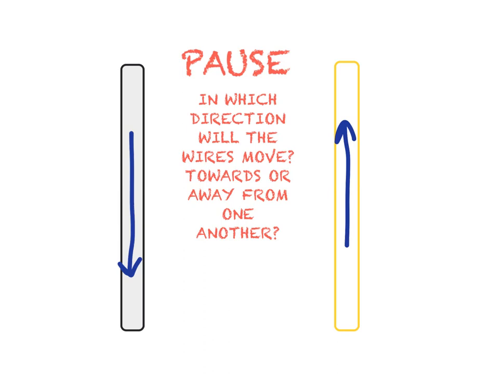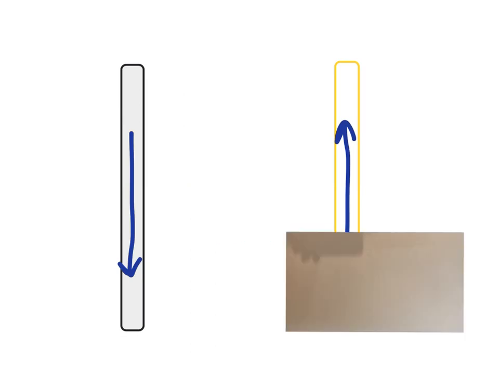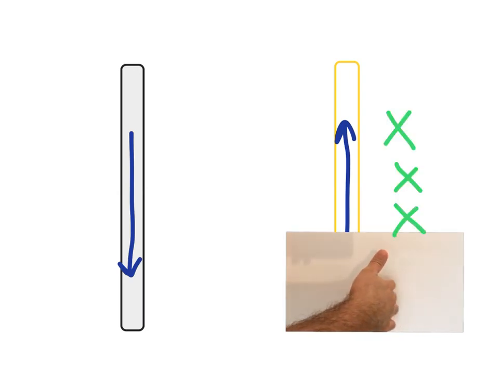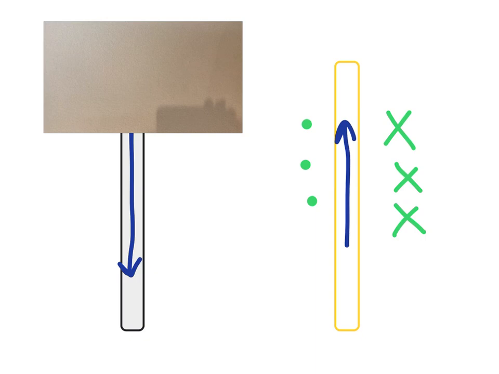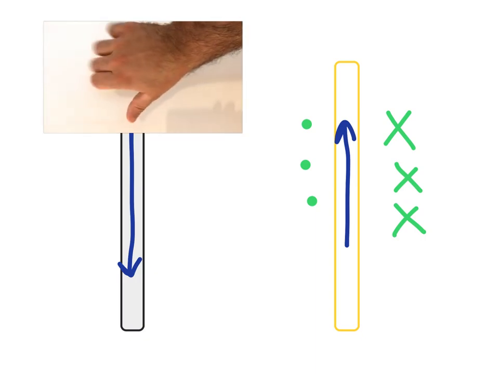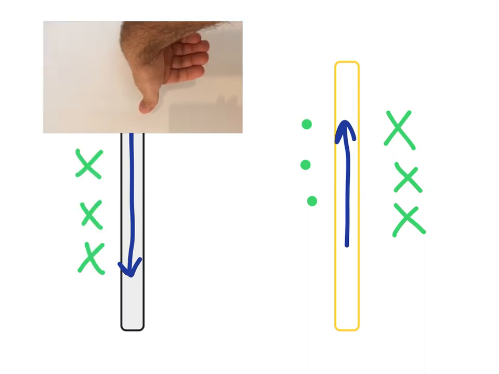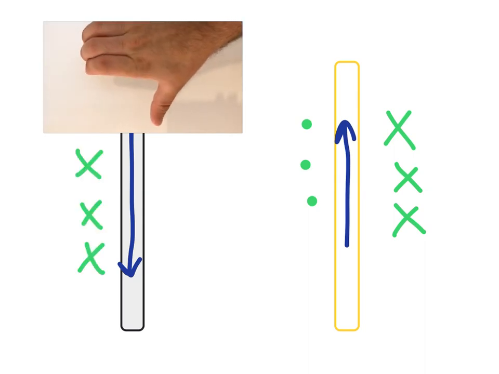So if I take the wire on the right, I see the current running up the plane of the page, so its magnetic field would be into the screen on the right hand side and out of the screen on the left hand side. Now the wire on the left would have a current pointing down the plane of the screen, so it would have a magnetic field pointing into the screen on the left and out of the screen